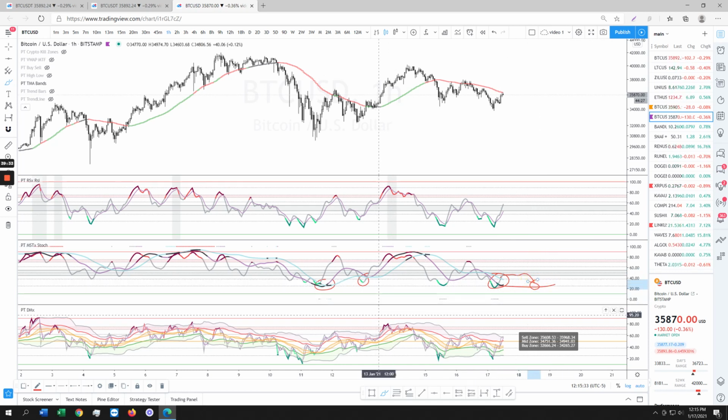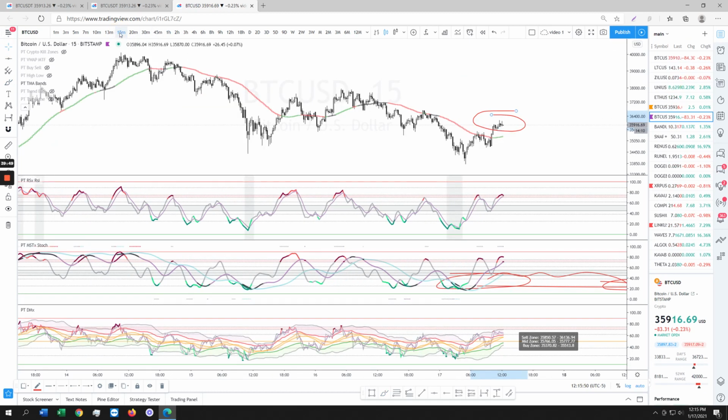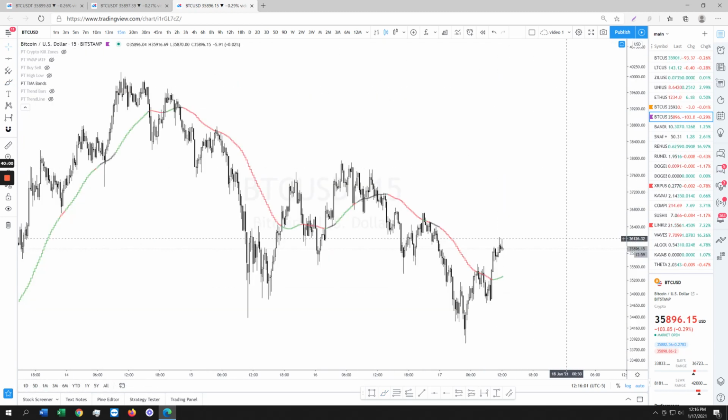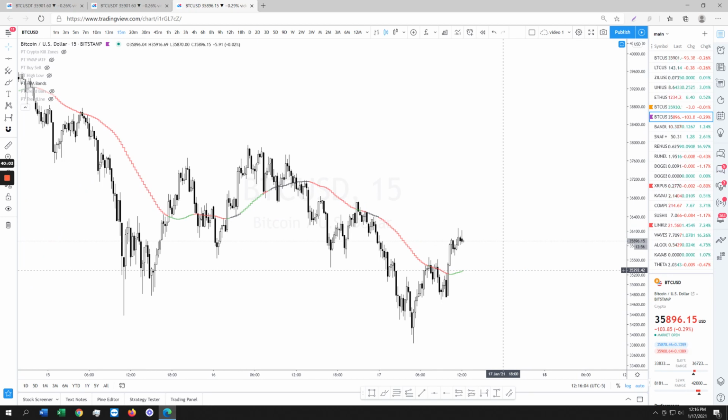Let me see. We've been struggling with the 1 hour TMA for so long. It's crazy, guys. It's so crazy. So let me see now. 15-minute time frame. Yeah, 15-minute RSX wants to cross. I don't like that at all. Yeah, probably to retest it. Come back down to 35.2s. I would hope not, but it's looking likely.